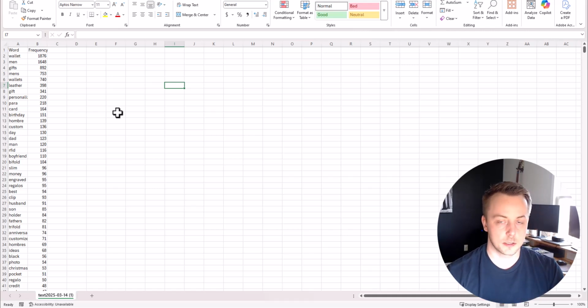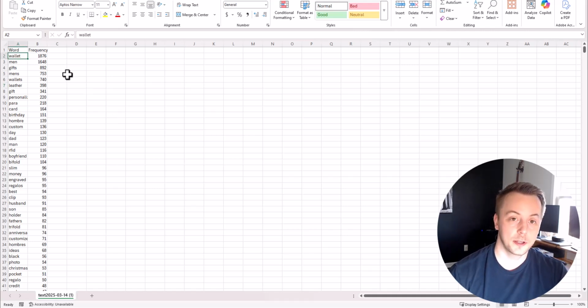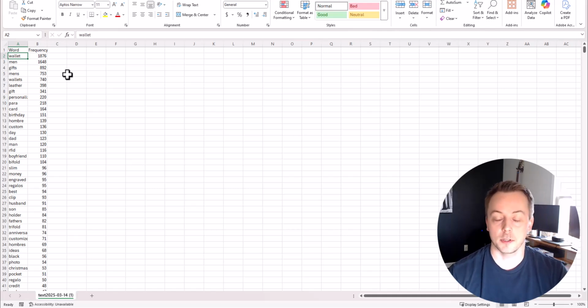So when you get a list like this, you're going to run into a problem. And the problem is specifically that your title and bullet points and other text on your listing probably has a bunch of these keywords. In fact, I know that this customizable wallet listing has the word wallet about a million times, because that's what it is. So you don't really need to put that in your SEO. You want to use terms that you might not otherwise use on the detail page, similar to the back end, although I would be apprehensive about using certain